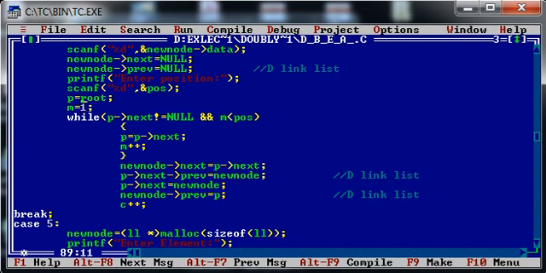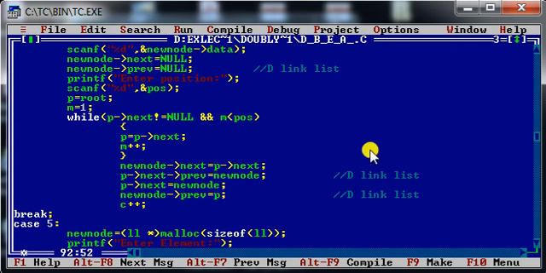Initially P is at the first node, and at the same time my visit counter is also 1, right? Now as you know, this condition will check whether the linked list has ended or not, and at the same time M less than position will check whether my P pointer reaches the desired position where I would like to insert an element.